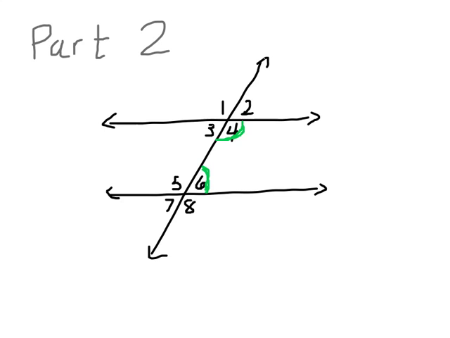Okay, so here's part two of the parallel lines and the relationships that the parallel lines are creating when a transversal line runs through them. And I've numbered 8 angles here, and what I've done now is I have 2 angles in green, angle 4 and angle 6. What type of angles are those? That's the question. Angle 4 and angle 6 are called consecutive